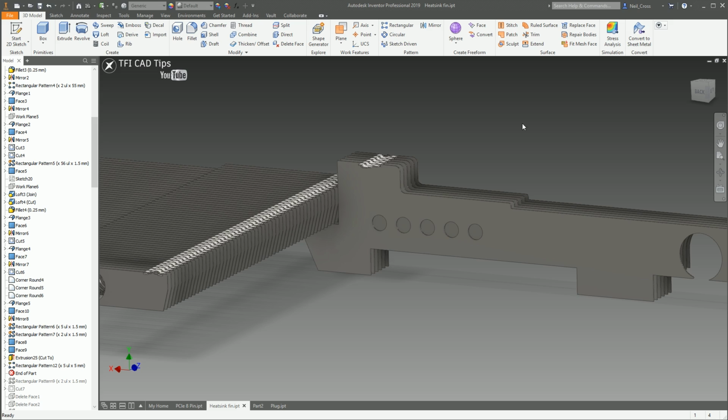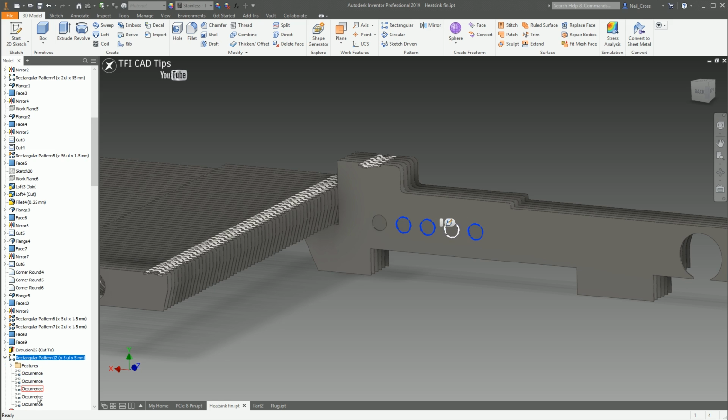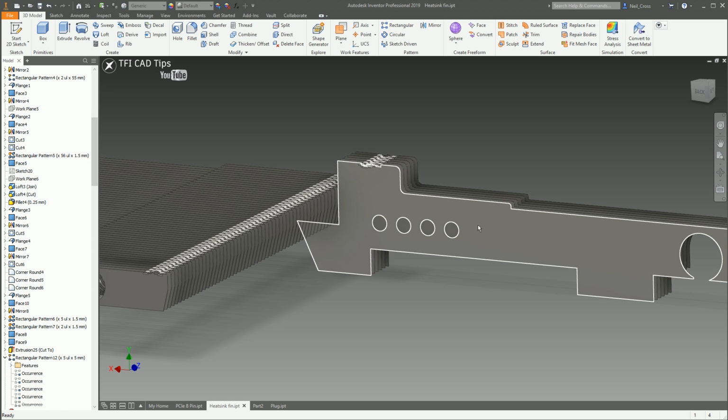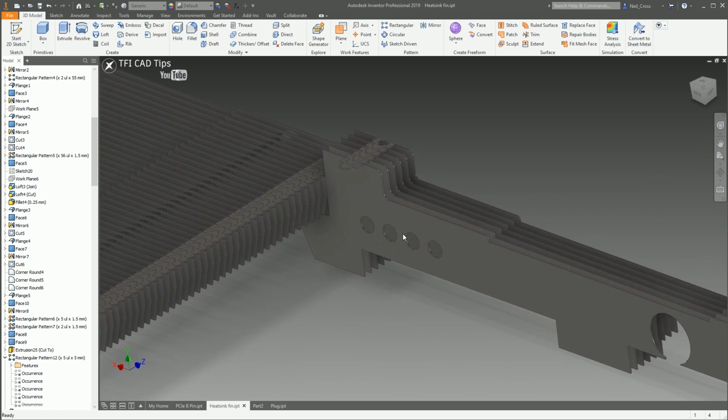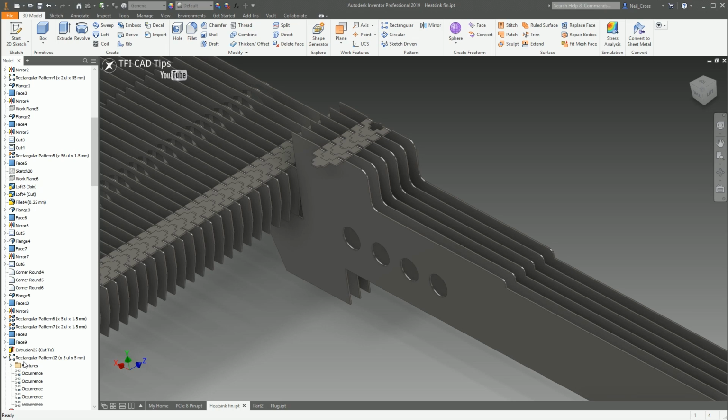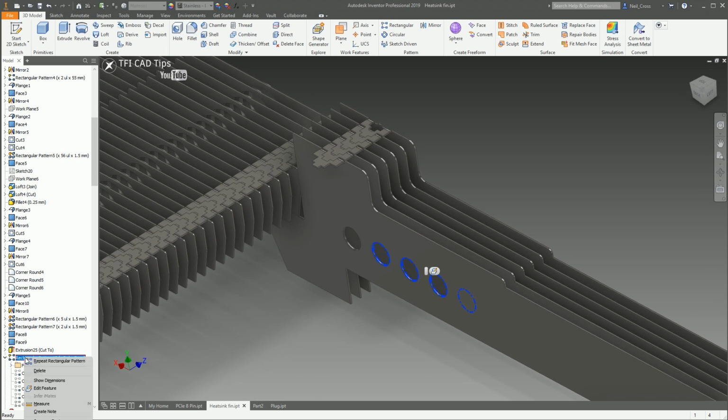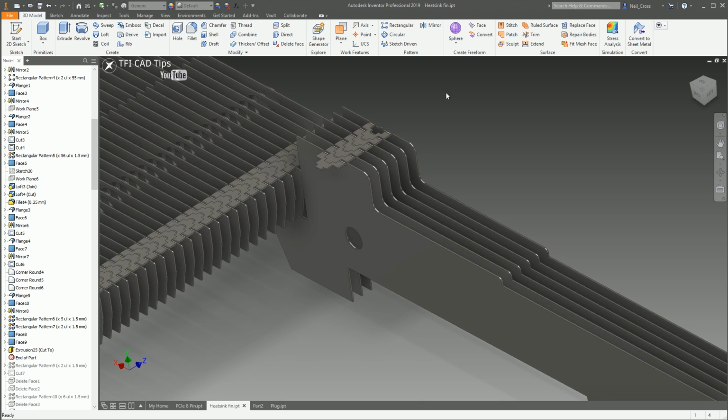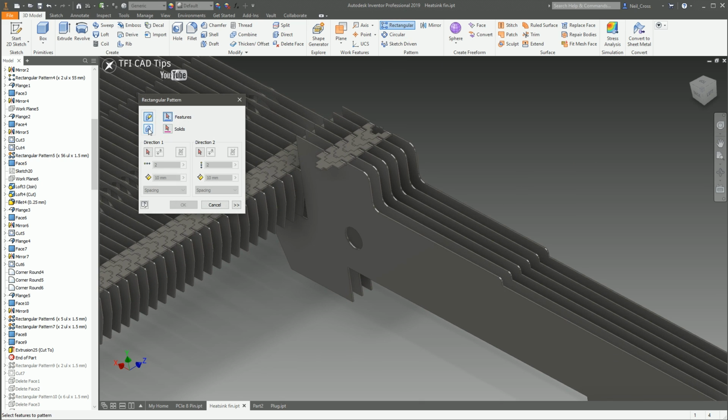Once your pattern's done, in your browser you'll get a rectangular pattern node where you can go in and you can suppress any of the patterns. Like if you want to get rid of the end hole, you can do, or you want to get rid of the middle holes, you can do, and you can go back into the pattern and change its parameters if you want to as well. So that's a simple rectangular pattern of a feature, but you can also do a rectangular pattern of an entire